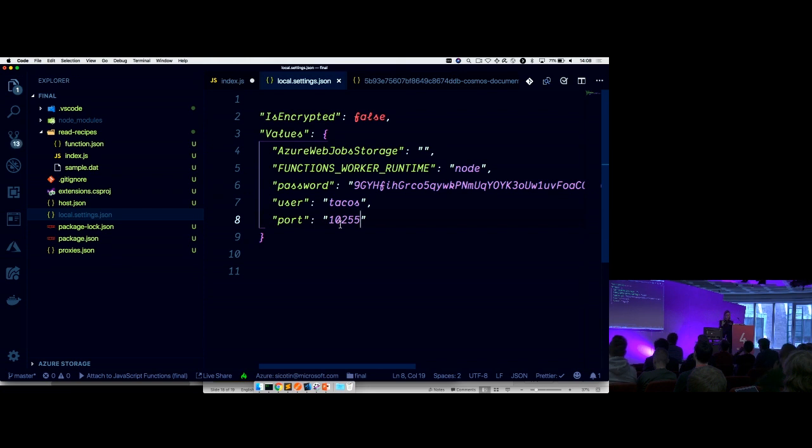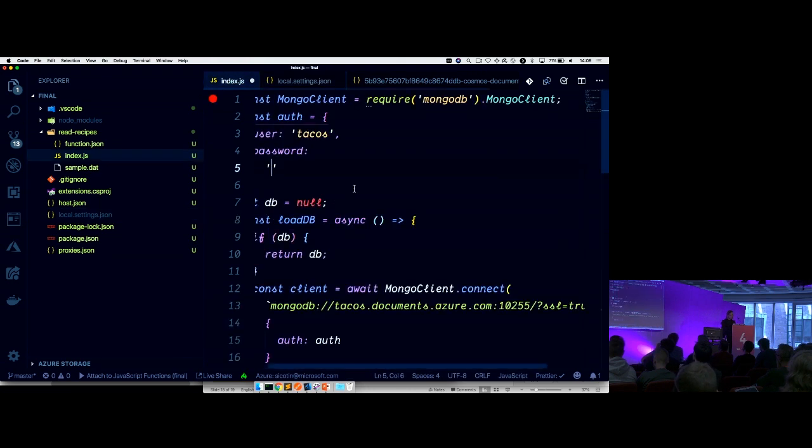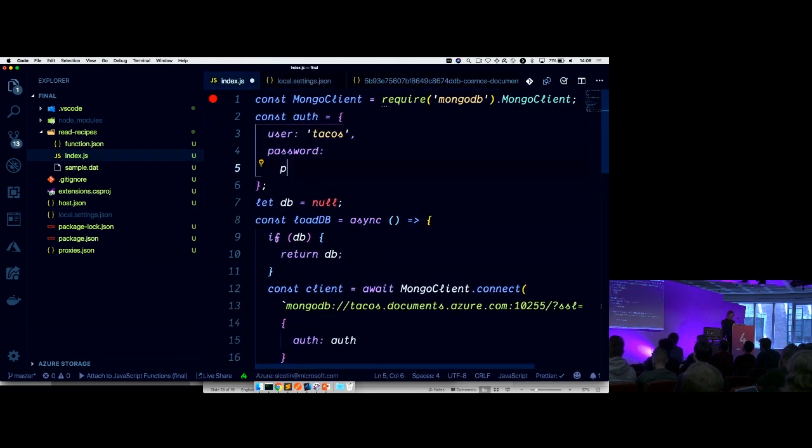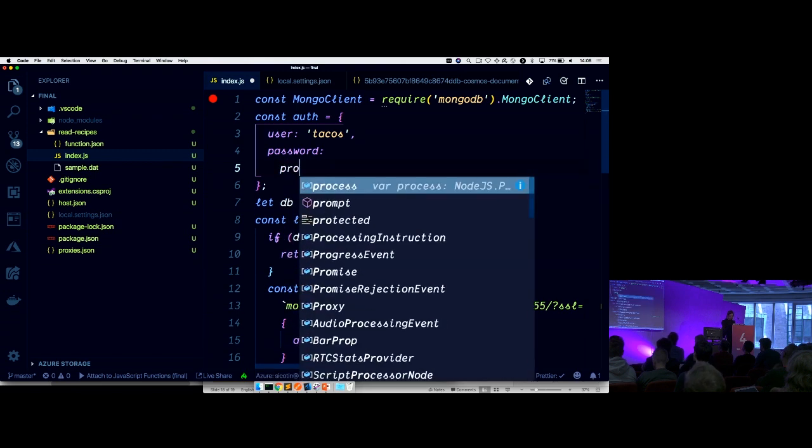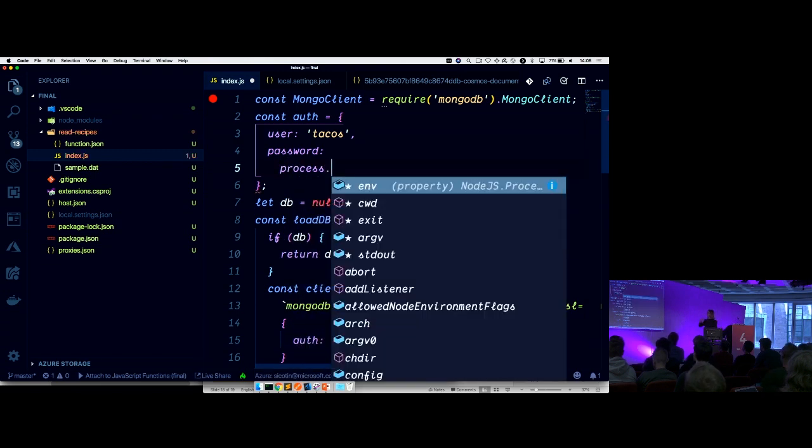Okay, so I've saved all these settings here, but how do we go and access them from our application? You already know this, again. We can use process.env, and I want to take a note of this star. That means that after VS Code has run some machine learning on a lot of usage in VS Code, they've decided that env is one of the most popular fields accessed from process. So if you've updated to the latest version of VS Code, you're going to have access to this as well.